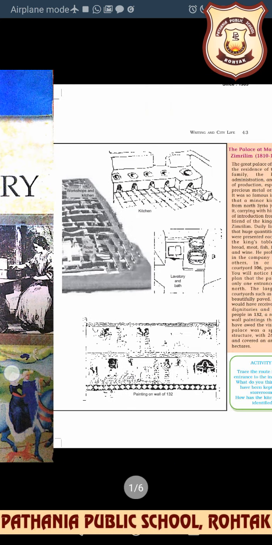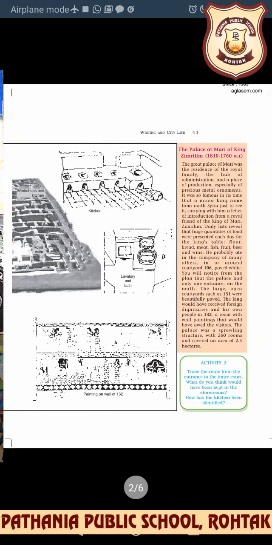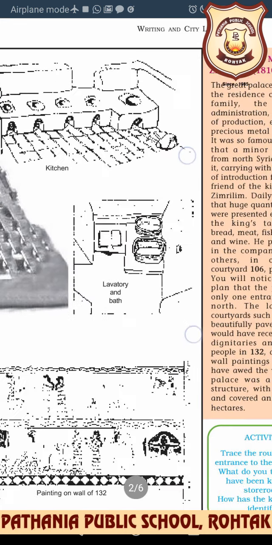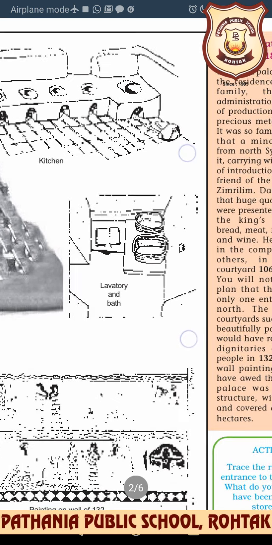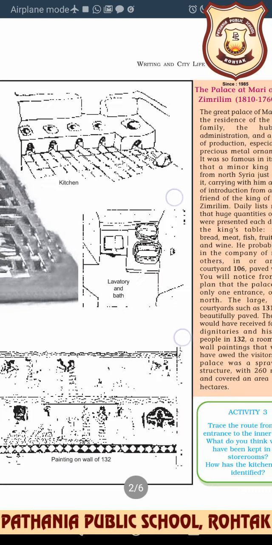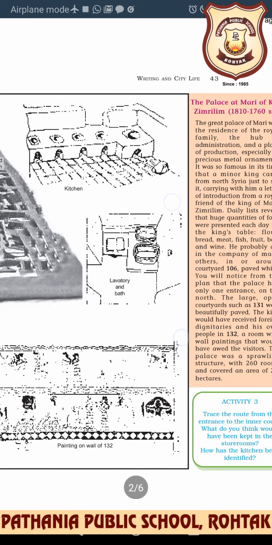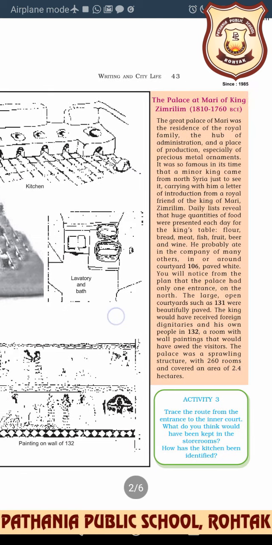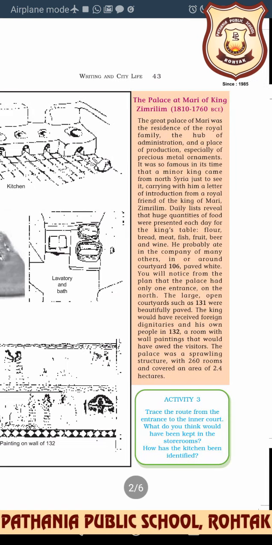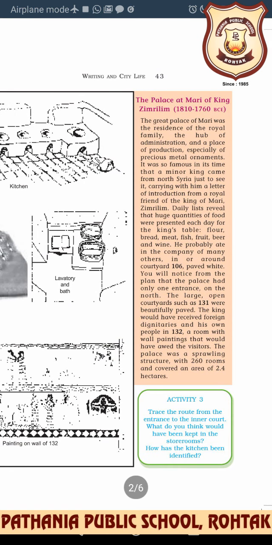Those were related to this topic, and this topic was the description of the palace at Mari of King Zimri-Lim. So now we will discuss this topic, beta. The great palace of Mari was the residence of the royal family, and as you know, palaces are always the hub of the administration. Do you know that this palace was also a place of production, and here precious metal ornaments were